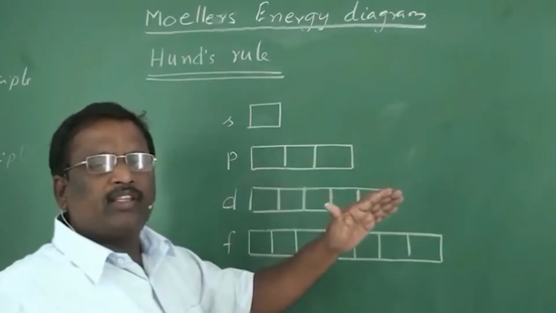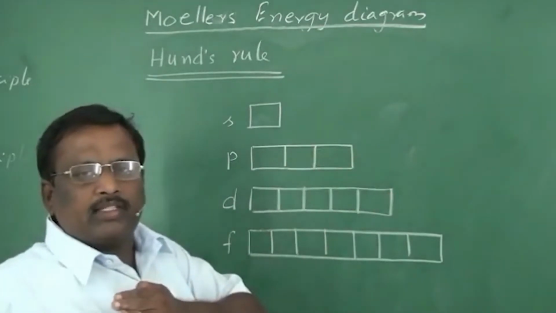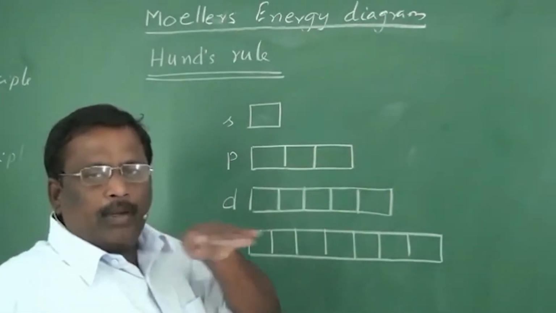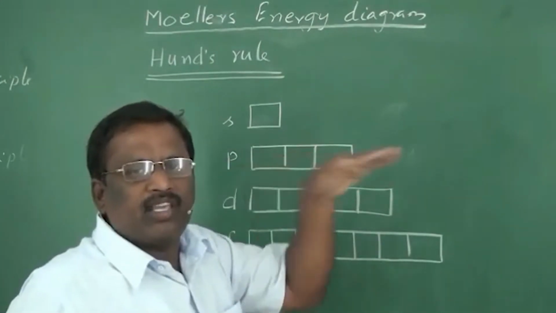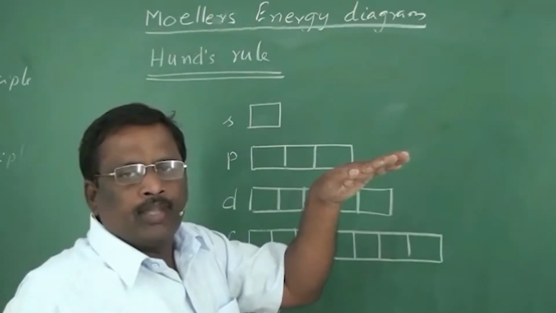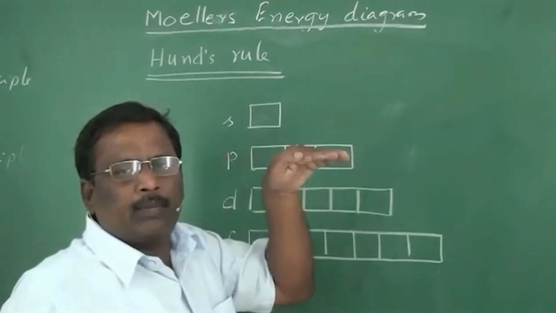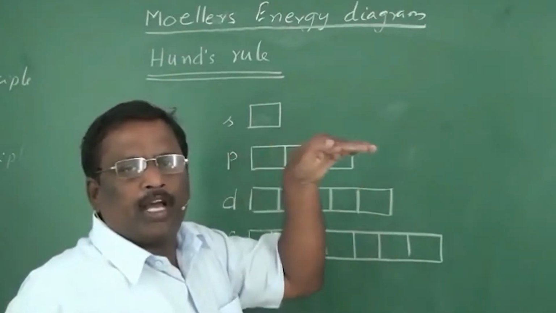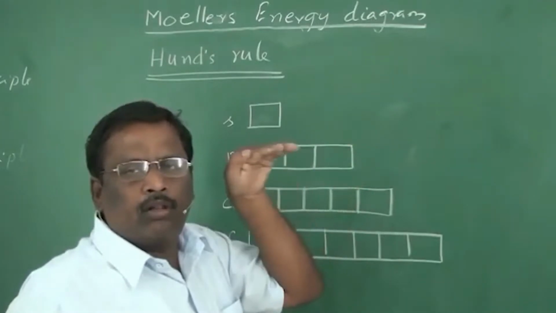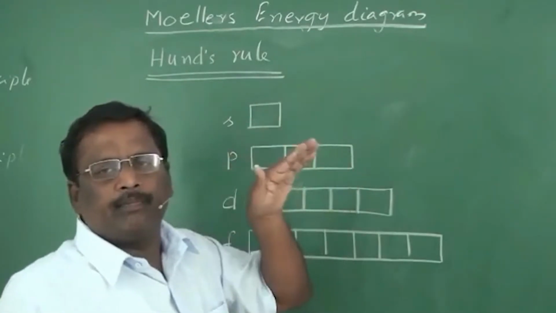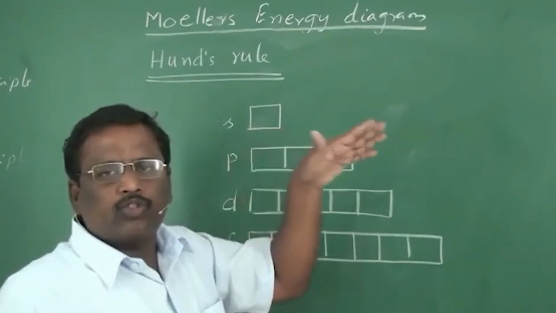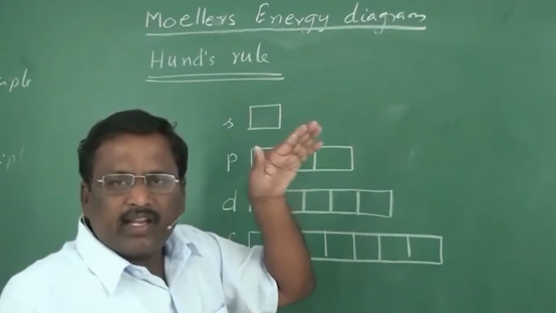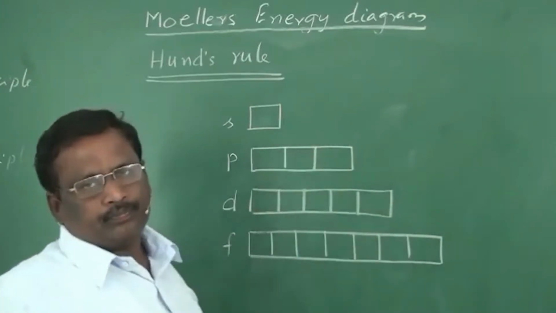2p will have one energy and 3p will have another energy. But the 3 orbitals present in the 2p level will have the same energy, and the orbitals present in the 3p level will have the same energy. The 4p orbitals will have the same energy. All the 3 orbitals present in the given cell will have the same energy. That's why those orbitals are said to be degenerate orbitals.